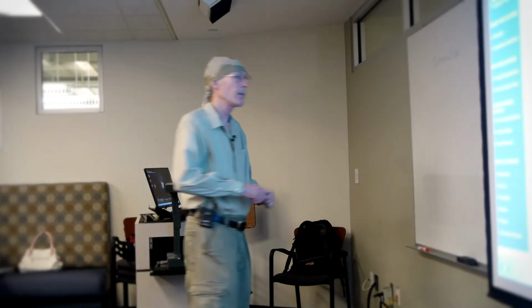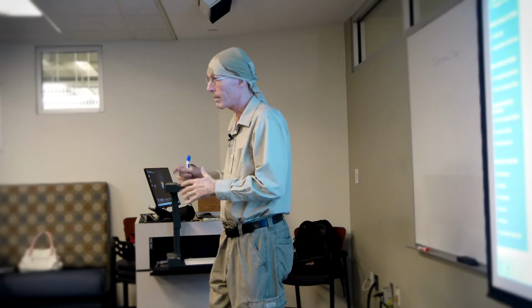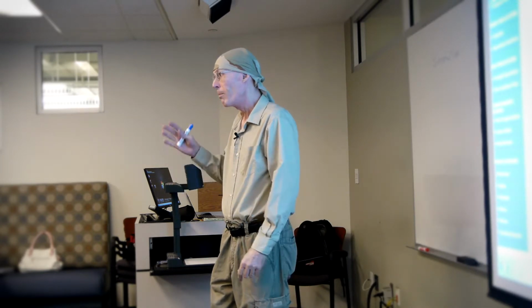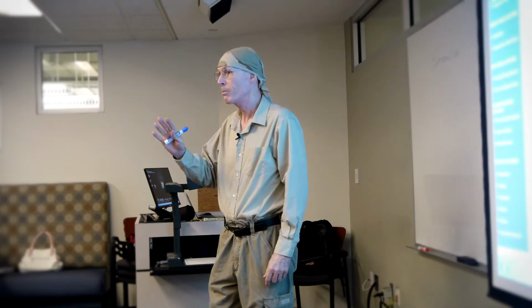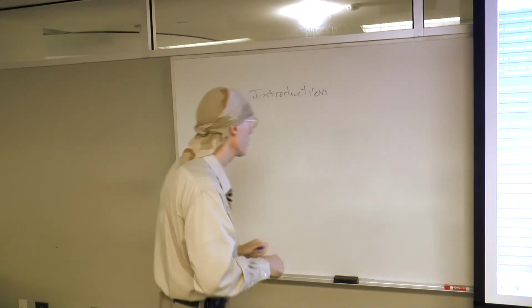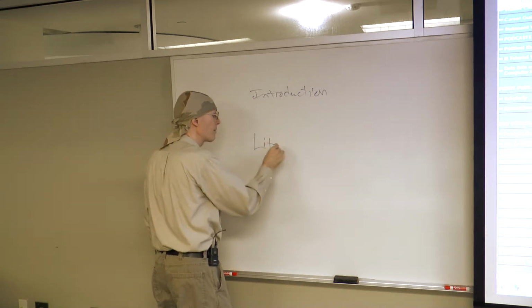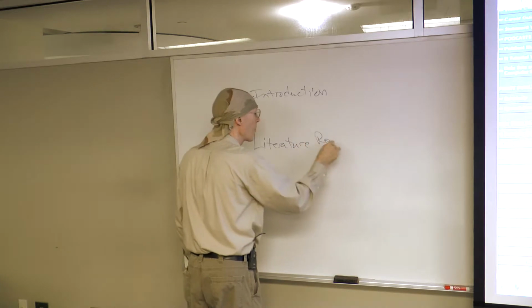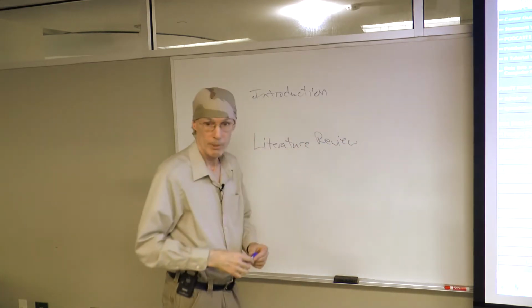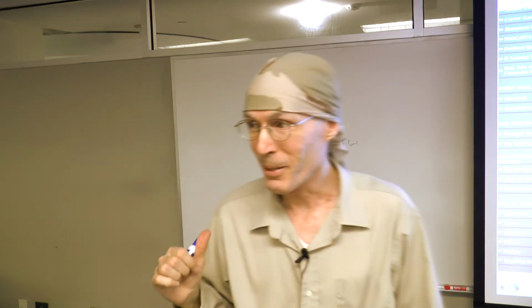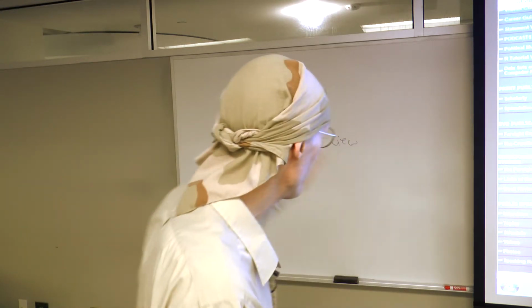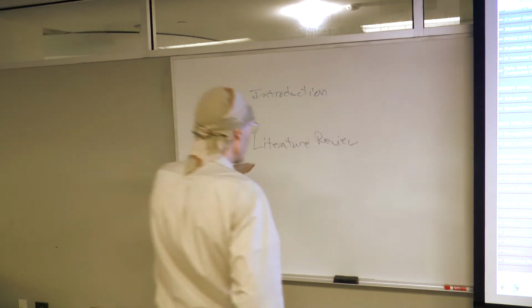After that, you need a review of the literature. Now, there are better ways to write the review of the literature and to let people know that this is what's going to happen. But just to begin, hopefully by the end of the semester you'll come up with a better title. But for the beginning, after you do your introduction, you can actually have a title and just call it Literature Review. Now that's really a terrible title for a literature review. Nobody wants to read a literature review. But while you're being creative about what you're going to be talking about, how you're going to be writing that, you can just call it a literature review.